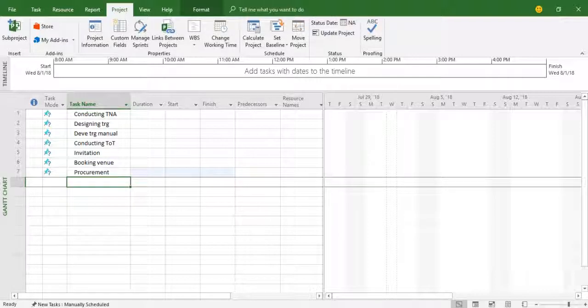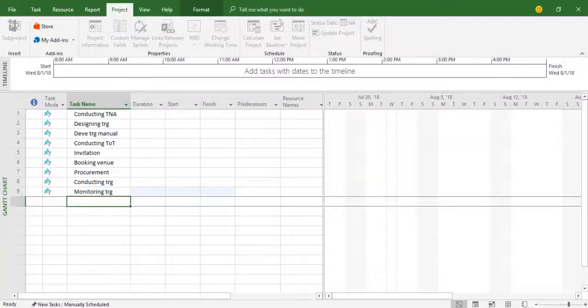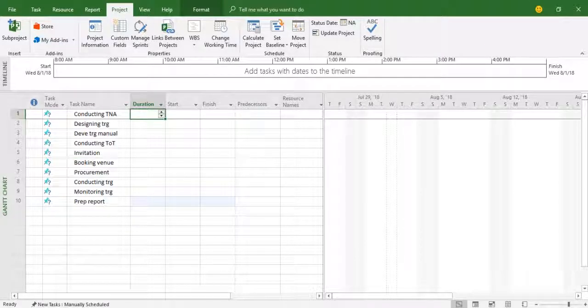And then conducting training, then is monitoring training, then is preparing training report, right? So then what you need to do is just go back to project information and put here start date,